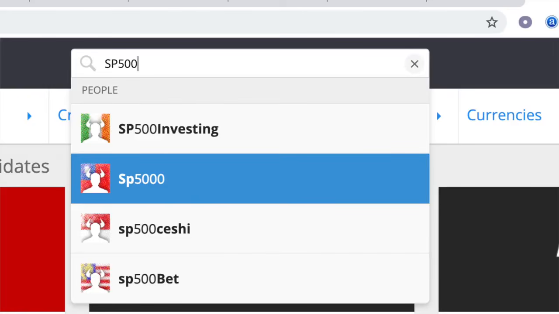But it's very simple. If you open that account, you deposit your money, you go there, you look for, oh, I want to buy S&P 500. You look for S&P 500 from the search bar. It will come up. When it comes up, you say buy, invested in the stock market. Easy peasy, simple.